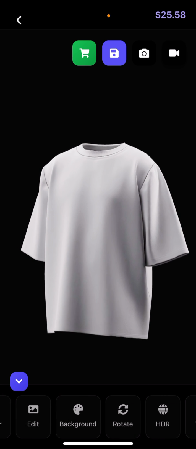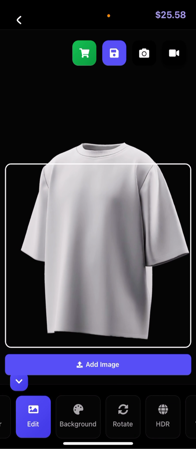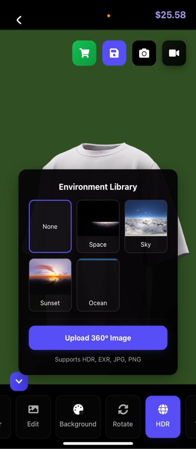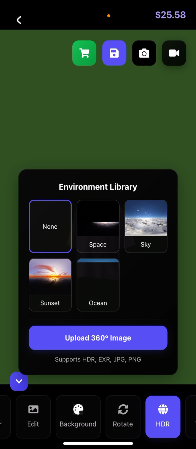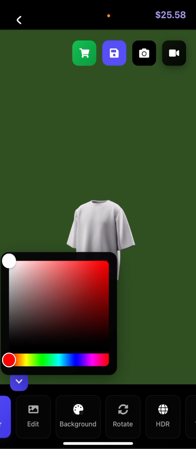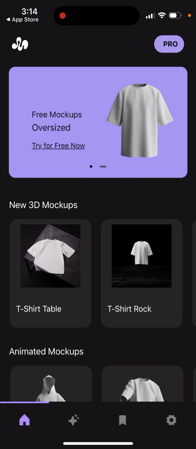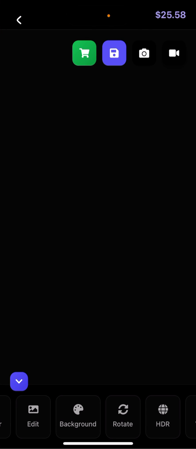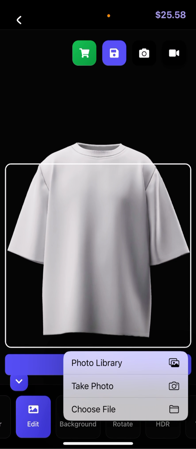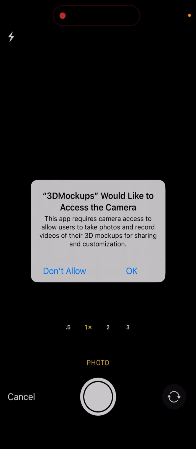So here is how you have it. You can add an image, background, rotate, HDR. That's kind of the idea. And basically then you just add it in it like that. You can just add an image. You can just take a photo,